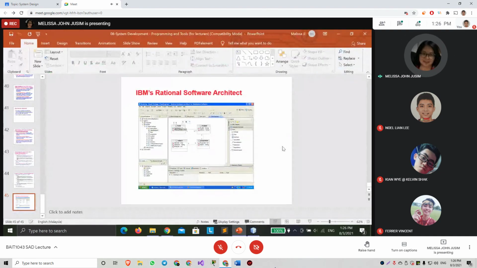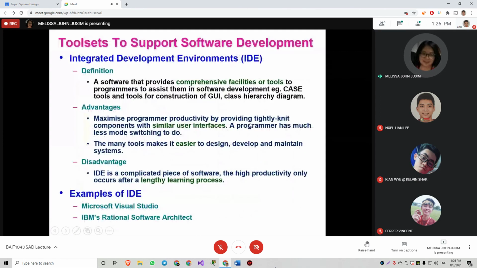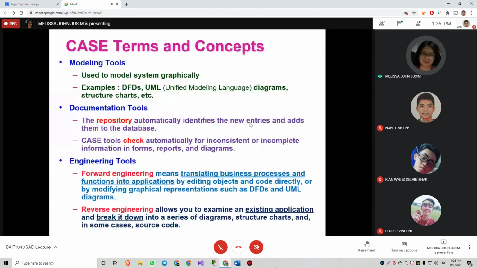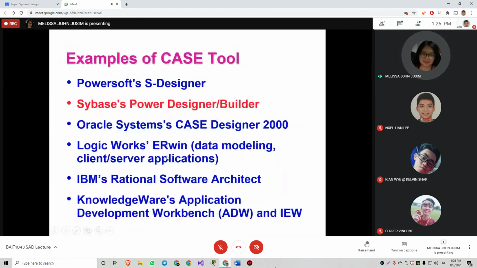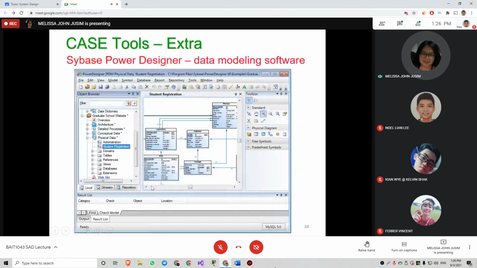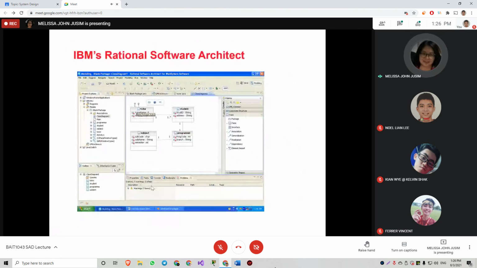RSA is listed here as an example of an IDE, and it is also listed as a CASE tool, because we can see that it can perform both things. So it's an IDE, and at the same time it's also a CASE tool. It can do programming and also drawing of models.